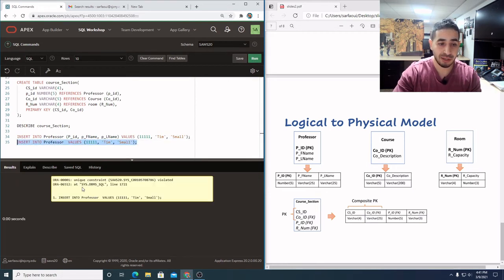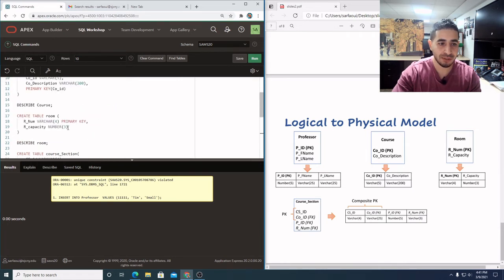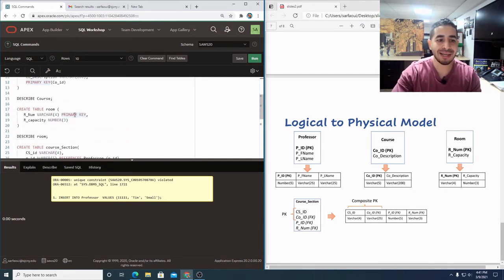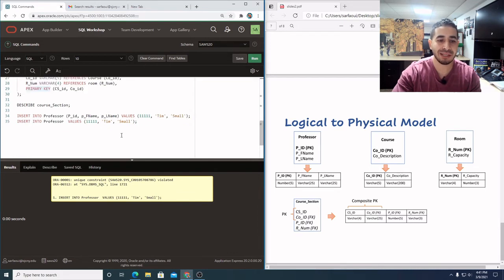I'm actually going to get an error saying unique constraint violated. The reason is that I'm attempting to insert another record that violates a constraint in the professor's table, and that constraint is the primary key constraint. I said that the professor's ID is a primary key, which means that column should only have unique values. So if I've set 1111 as the professor's ID for Tim Small, then I should use a different ID for another professor. So I'm going to say Tom